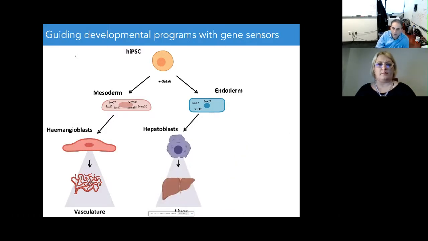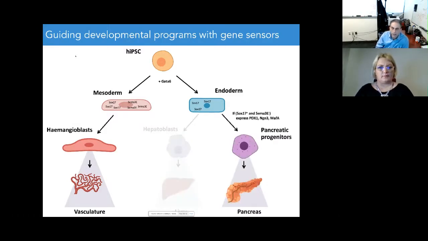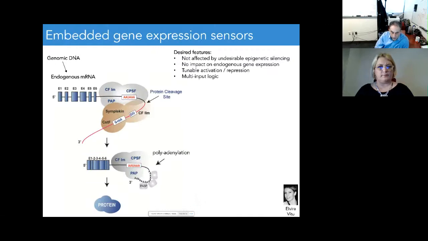Okay, so if we have the ability to do if gene 1 and not gene 2, then in principle, we now have the ability to genetically create complex organoids and really control their developmental processes stepwise. Just for the sake of time, I'm not going to get into the details of how this is done. I'll just give you a very high level.